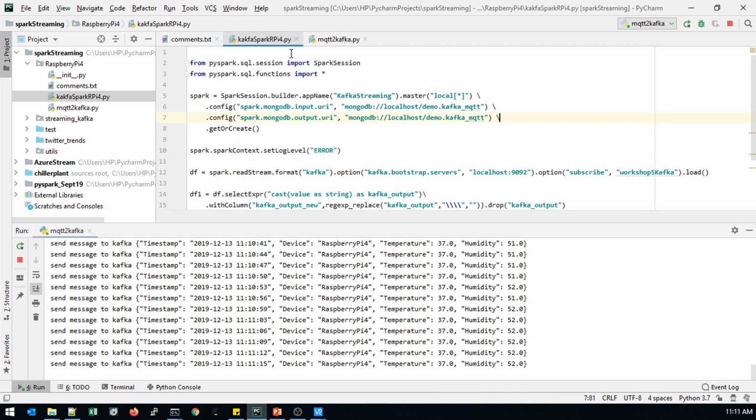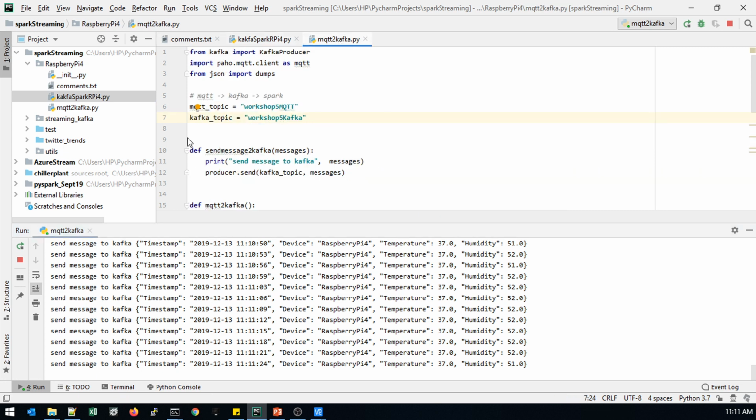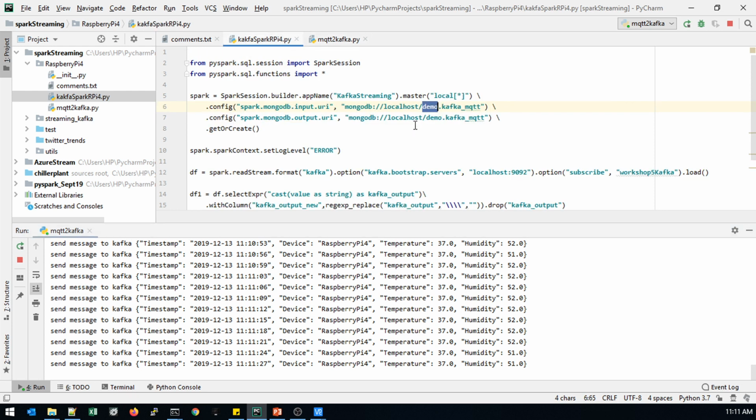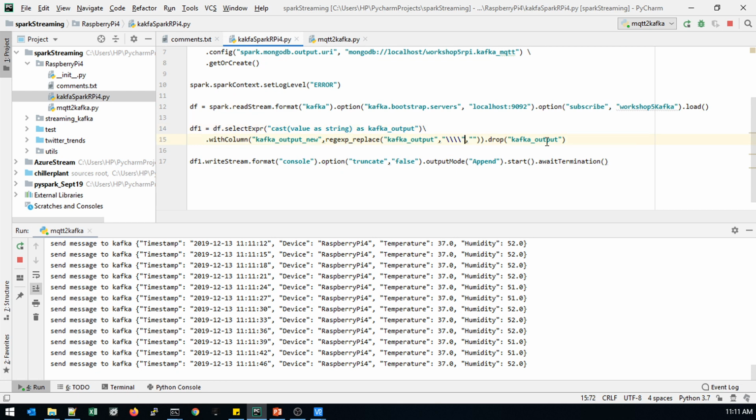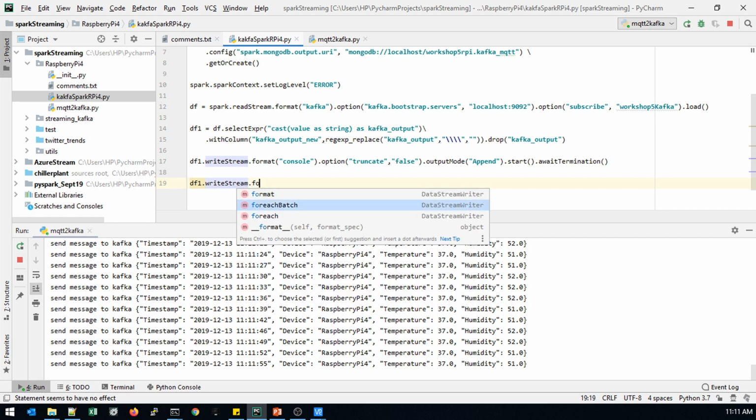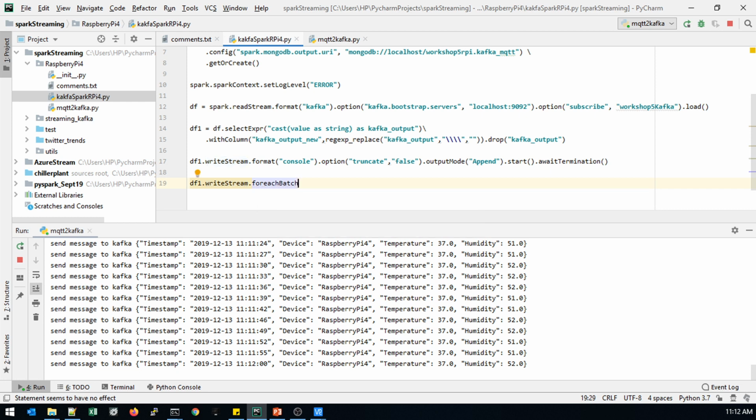The MongoDB configuration I simply connected, and I will mention the new database name as workshop 5 RPI, and simply df1 dot writeStream, foreachBatch we can connect it,